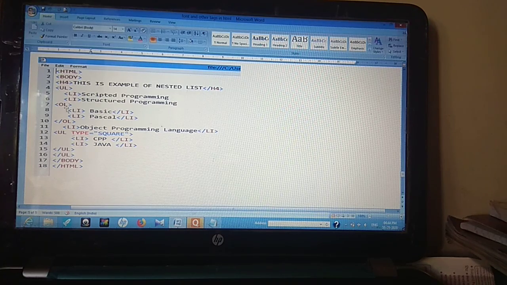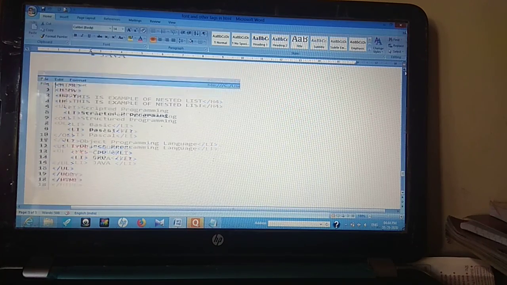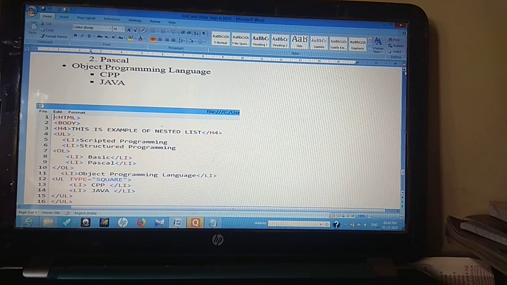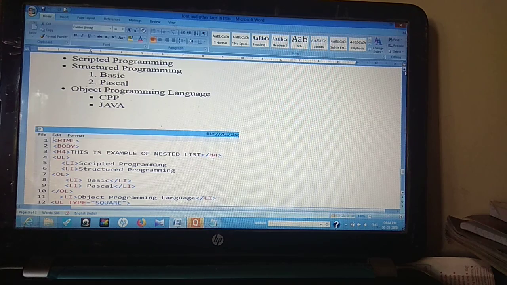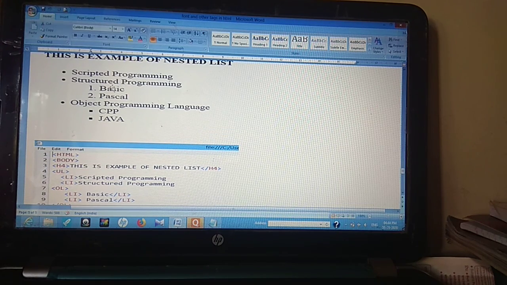Okay, over here I have created another list, an OL list, an ordered list. Now I have not used the type attribute, so by default it will show me 1 2 3 values. So for basic and Pascal, the default values are 1 and 2.